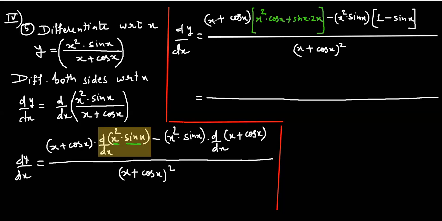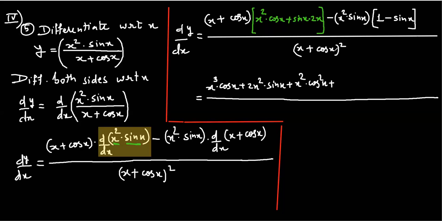So see here what I get. First I multiply x, so this gets me x cube cos x plus 2x square sin x. Okay, x multiplies these two terms, then cos x will multiply. So I will get x square cos square x